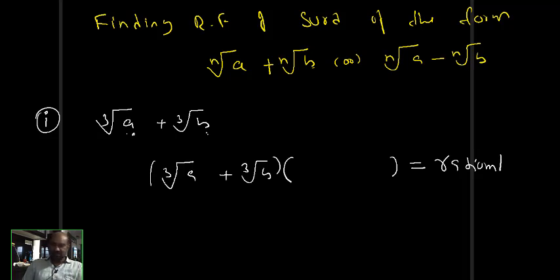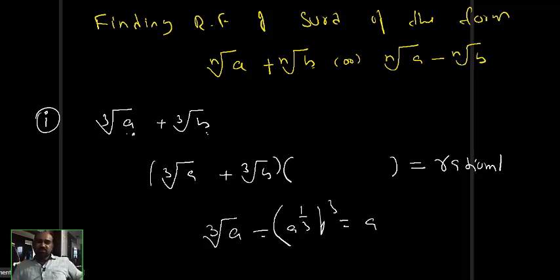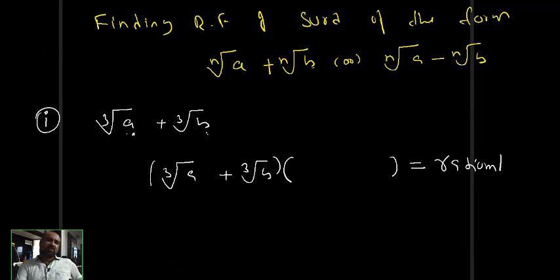Now what I am saying, cube root of a means I can say that a power 1 by 3 actually. A power 1 by 3 cubed is how much? A only, which is a rational number only. Means if a power 1 by 3 is raised to power 3, then you get a rational number only. B power 1 by 3 is not a rational number, but b power 1 by 3 whole power 3 is a rational number only. Okay, students. Fourth root of a, or a power 1 by 4, is not a rational number. A power 1 by 4 to the power 4 is a rational number, power 8 is a rational number, power 12 is a rational number.